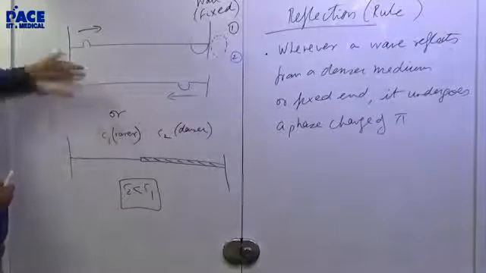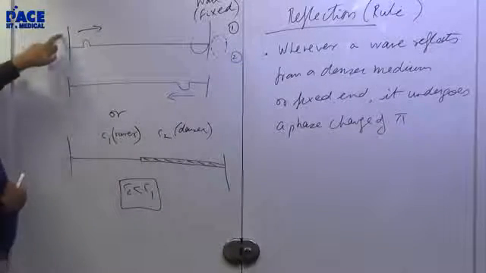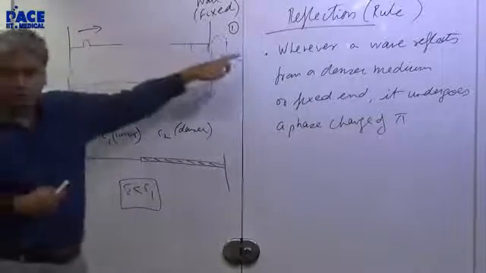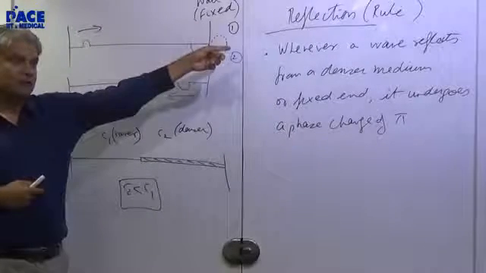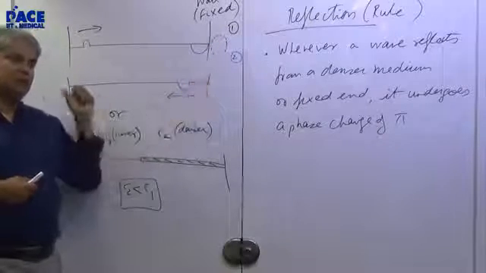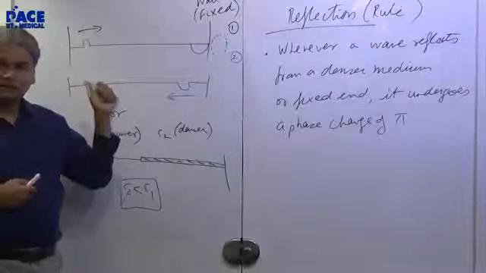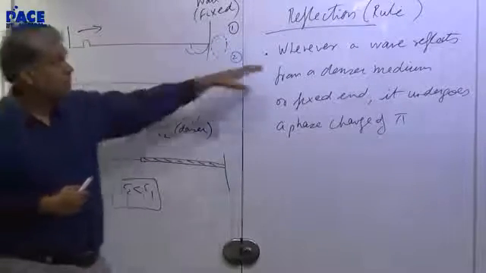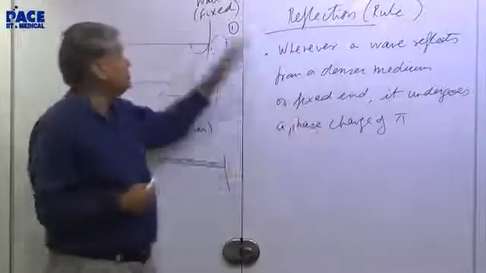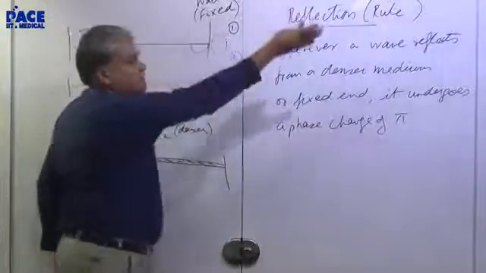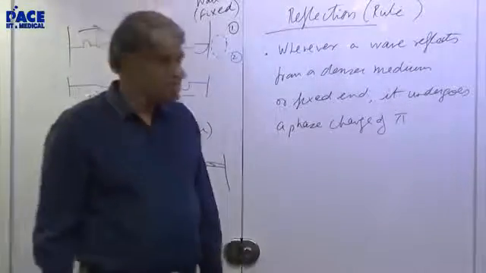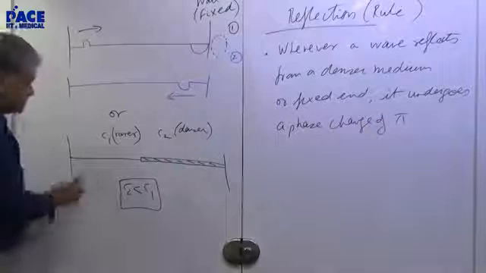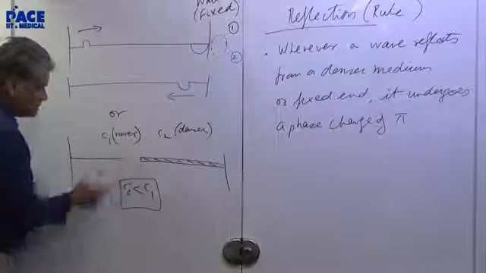What was down will be inverted and become up again. Then it will again go like that. So in the forward journey, this will be like an up facing bubble, and in the return journey it will be a down facing bubble. That's what happens. Why does it happen? Because of a denser medium. Wall means it's very dense. The speed is 0 beyond the wall. Or it's a fixed end. Here also it will become the same thing. See, I draw it here. This is the moment.